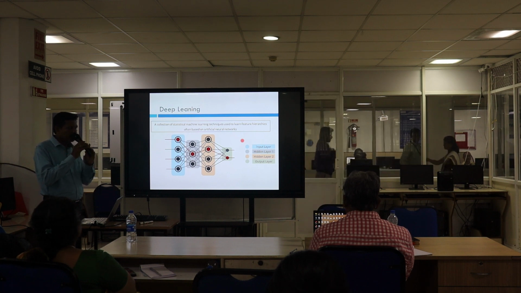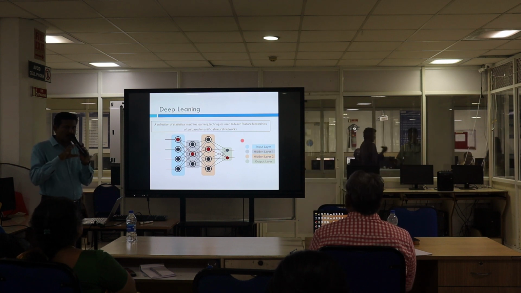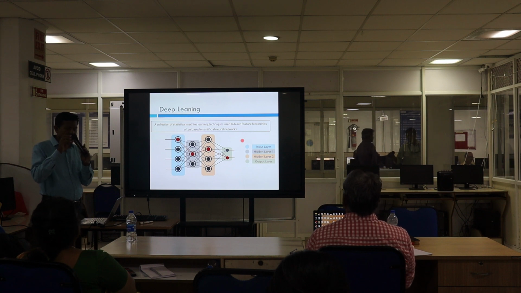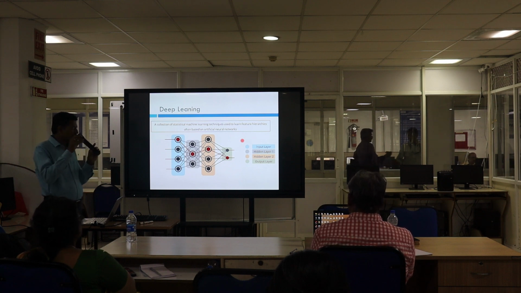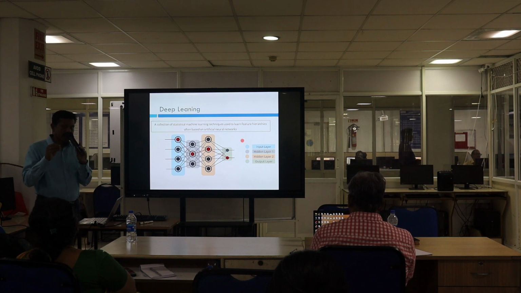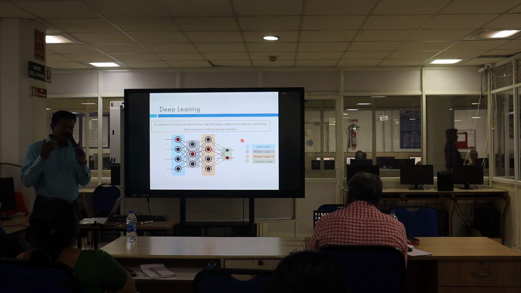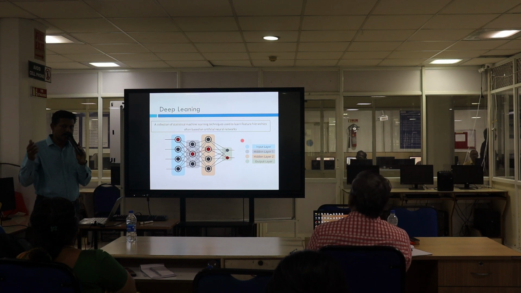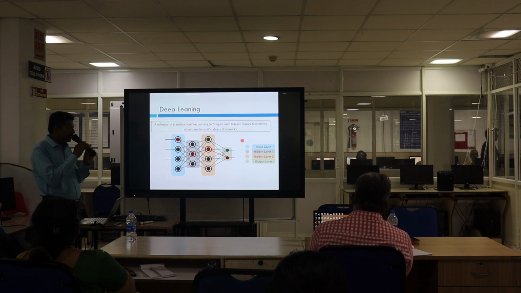First, the outer layer will match the features. The second hidden layer will find out features like eyes, nose, and so on. The third hidden layer will find out the pixel levels. So every hidden layer will focus on one feature, and finally we arrive at the output.